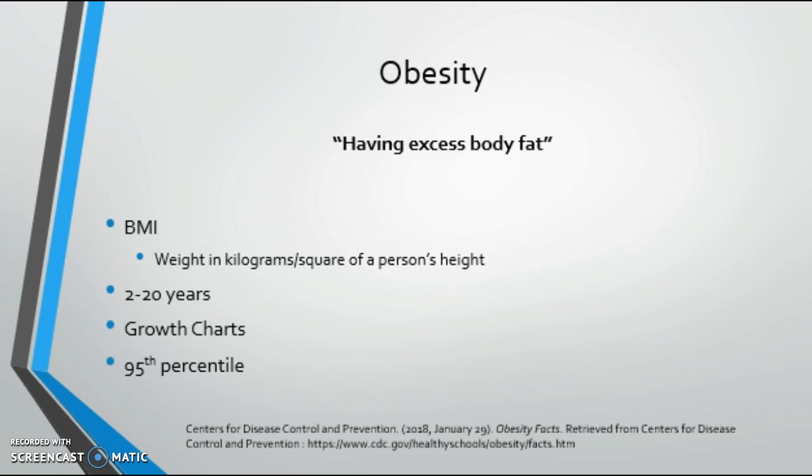So first, an overview on obesity. Obesity is defined as having excess body fat. According to the Center for Disease Control and Prevention, in order to measure obesity, professionals use body mass index, or BMI. To find a person's BMI, you simply take their weight in kilograms divided by the square of a person's height, and this will help determine the amount of fat a person contains in their body. Children from ages 2 to 20 are measured based on BMI for obesity. Since children of those ages are still growing, healthcare professionals use growth charts to help identify the acceptable weights in certain ages. Obesity occurs in children of these ages when they fall above the 95th percentile for weight within their specific location on the growth chart of the same age and gender.